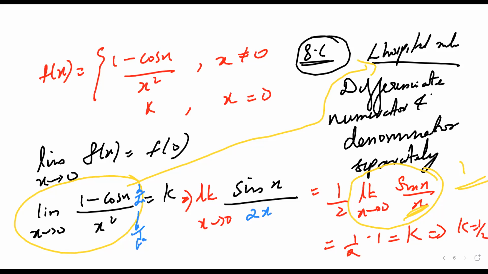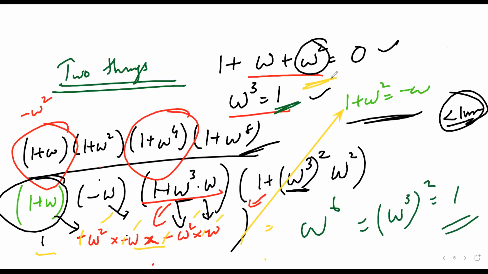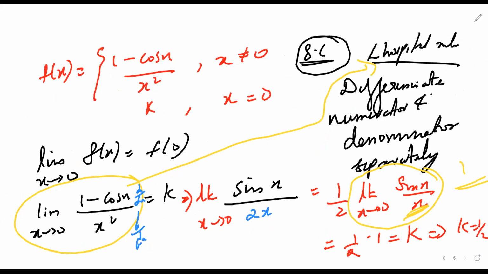The k value you are getting is 1 by 2. So do not always go with 0 as the answer, though some questions will give 0. I forgot to tell you one thing: if omega square is available in determinants or matrices, the answer will mostly be 0. That has been repeated in the last few years. If you go back a little, the answers may change, but mostly the answer is 0 only. That's the answer from experience.